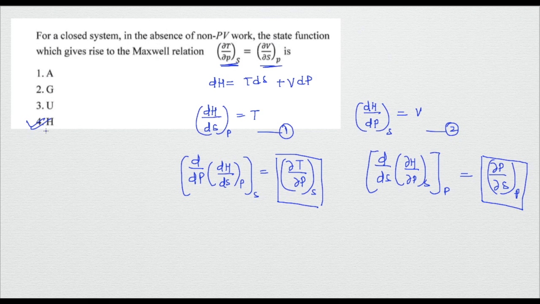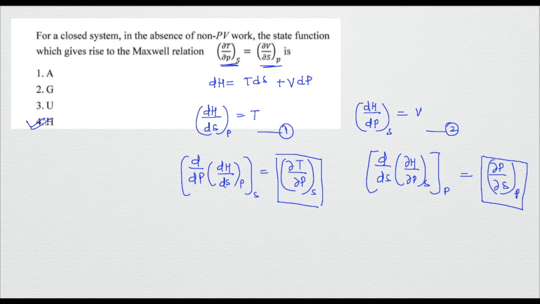I have already solved questions, and that's why just by looking at the Maxwell relation I could have easily figured out how to do that. But if you want to understand how it is being done, I suggest you solve all the Maxwell relations related to Helmholtz free energy, Gibbs free energy, internal energy, and enthalpy. Once you do all of them, when it is asked in the exam, you will automatically know how to do it or which equation to use.